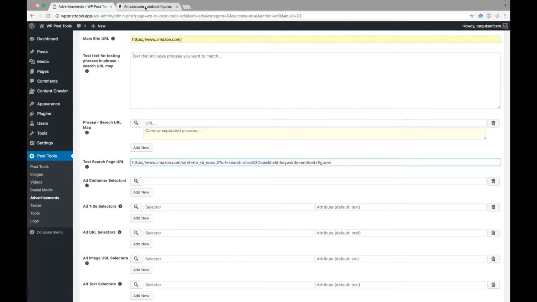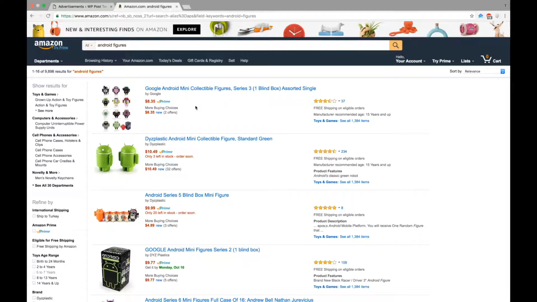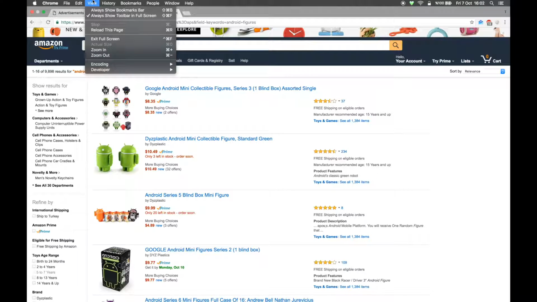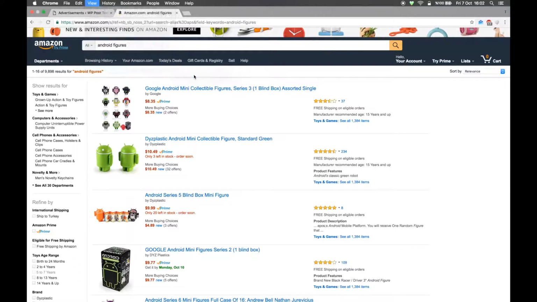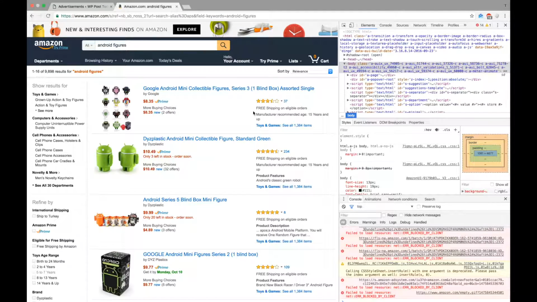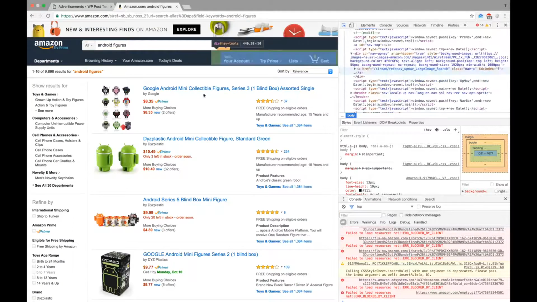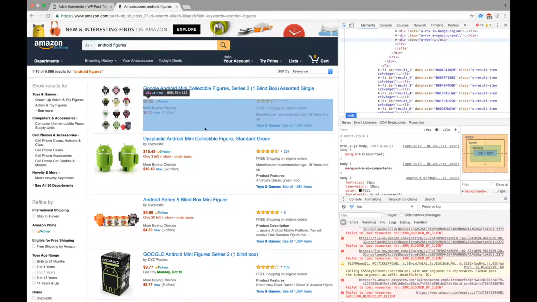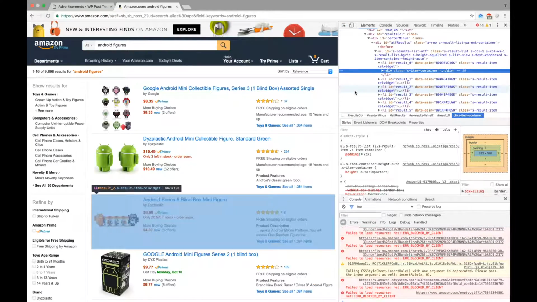To retrieve data from the search page, the plugin uses CSS selectors. Hence, to find CSS selectors, let's show the developer tools. First of all, we need to write a CSS selector for each product's container element, which is the element that contains all of the information for one product.